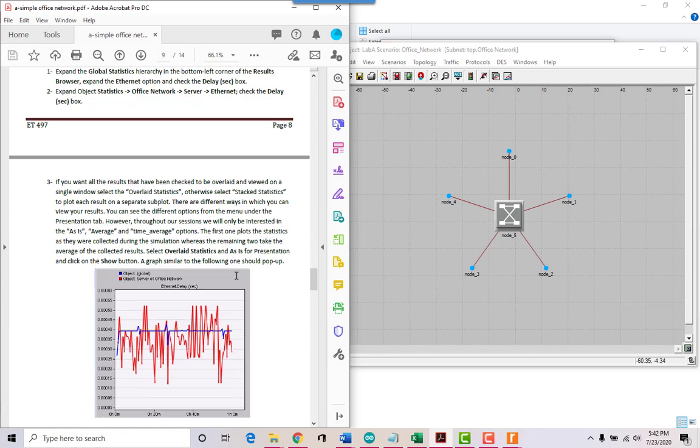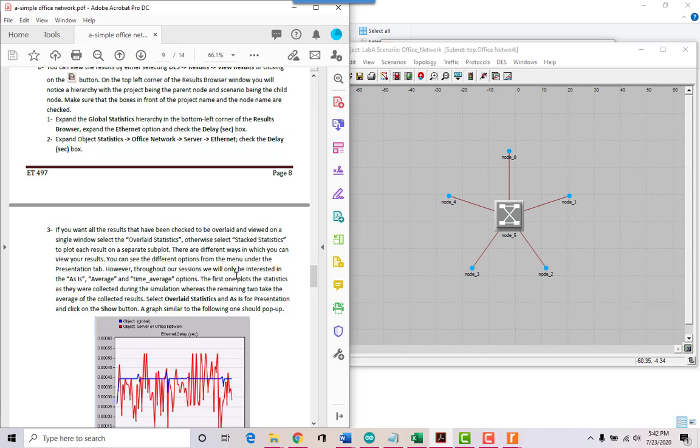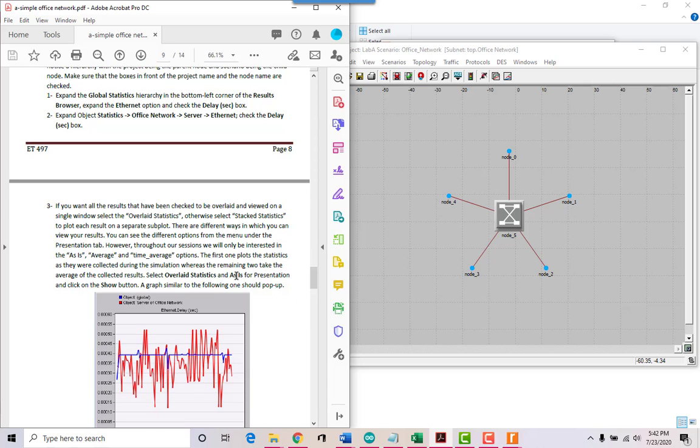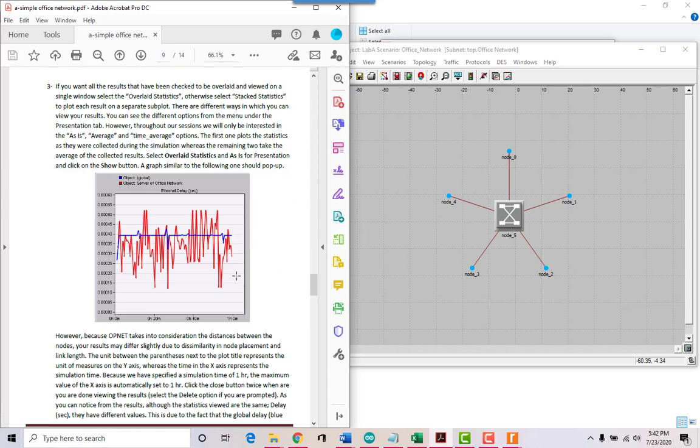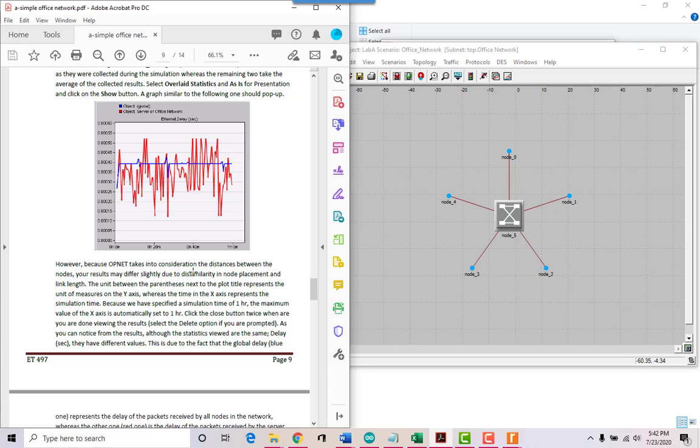Similarly here, it looks like you have a little bit of a network delay value here that you can show off.